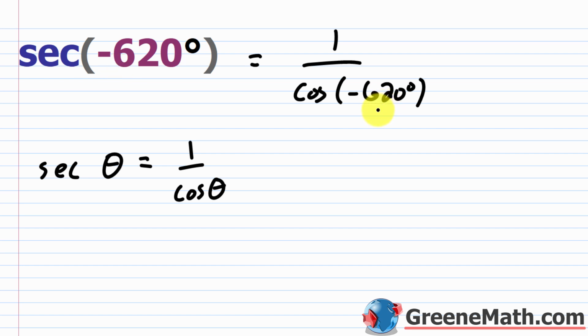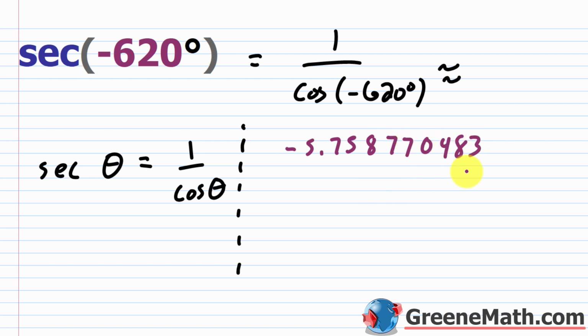This will automatically calculate the value for you. So you're just going to type 1, then the divided by key, hit your cosine key. When the parentheses come up, just type in negative 620. Again, don't worry about the degree symbol. Hit enter, and we're going to get approximately, let me just make a little border here. If I pick up my calculator, I'll say it's negative 5.75, and then I'm going to have